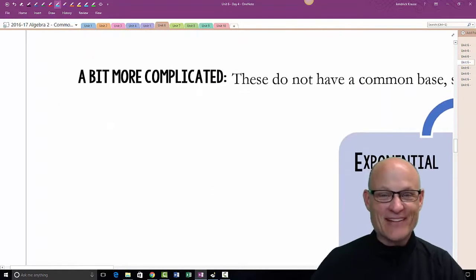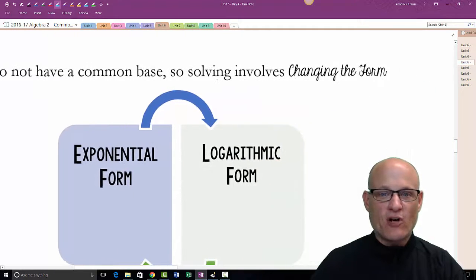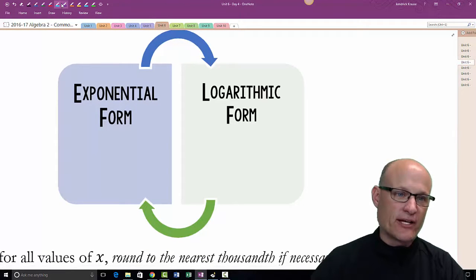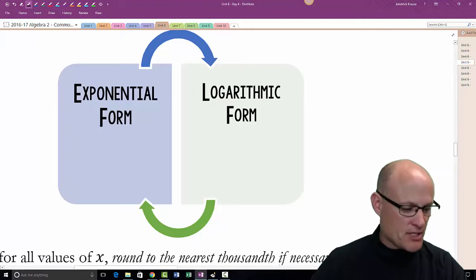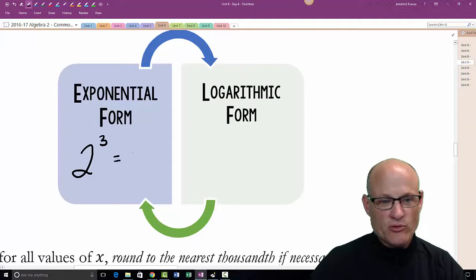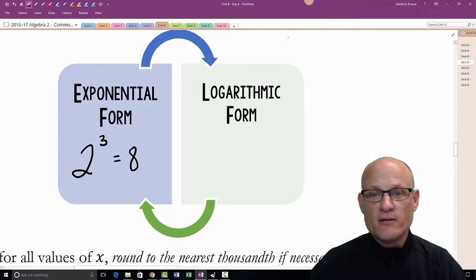Oh, look at that, a bit more complicated. These do not have common bases, so solving involves changing the form. Let me remind you from yesterday. Yesterday we talked about the fact that 2 cubed is equal to 8. And when we change the form,